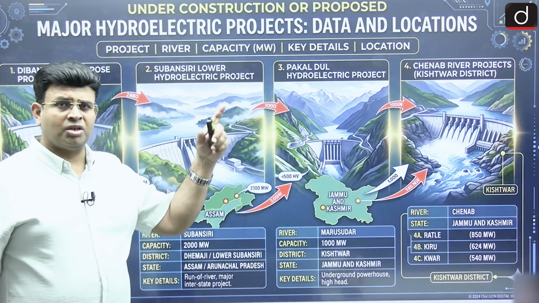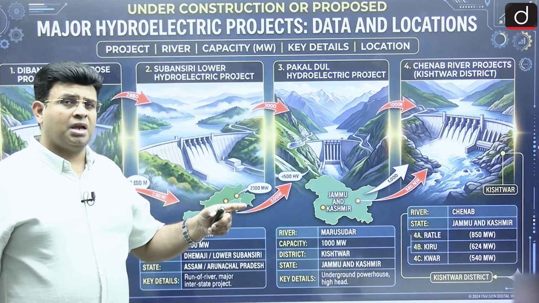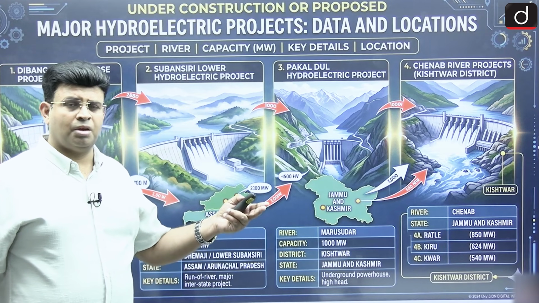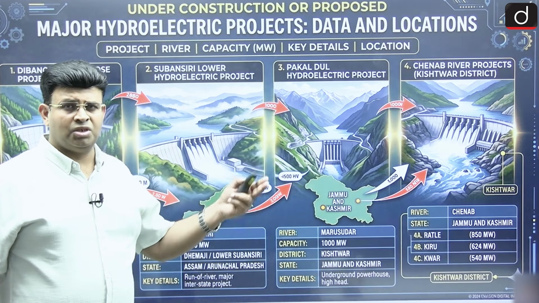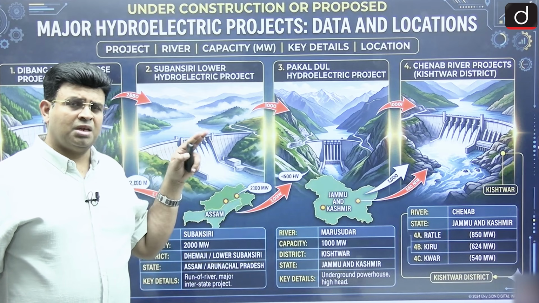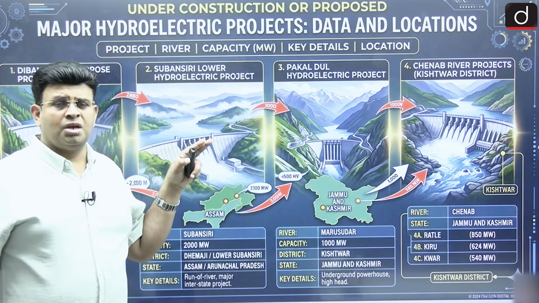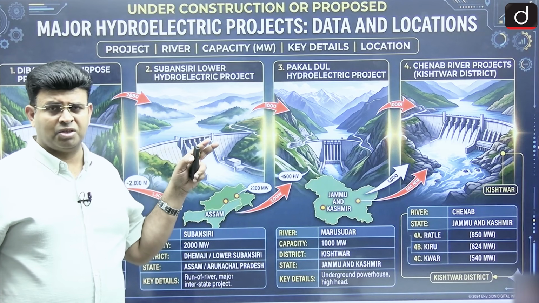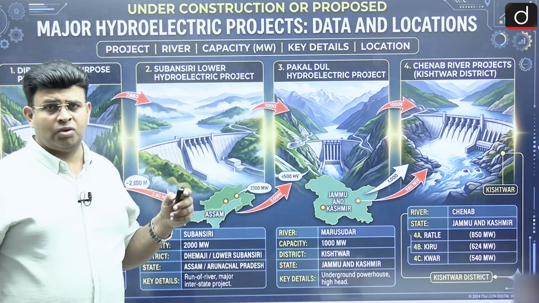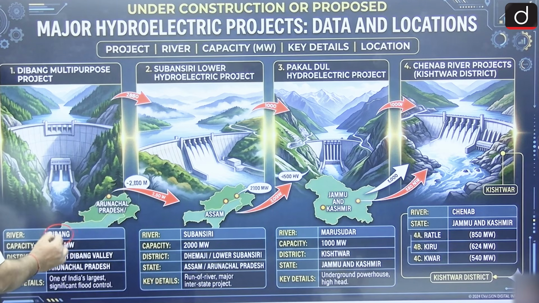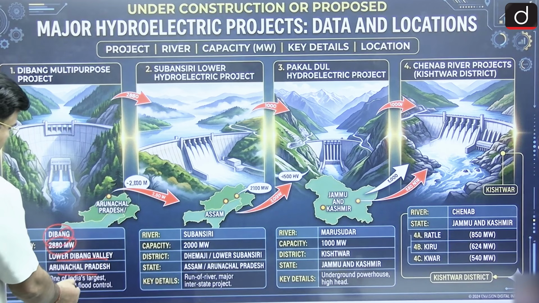It is coming from Arunachal Pradesh towards Assam and meeting the Brahmaputra river, and for this reason it is making in Arunachal Pradesh the Dibang dam itself. The Dibang river has the Dibang multipurpose river valley project, 2880 megawatt electricity, in the lower Dibang valley in Arunachal Pradesh, India's largest, with significant